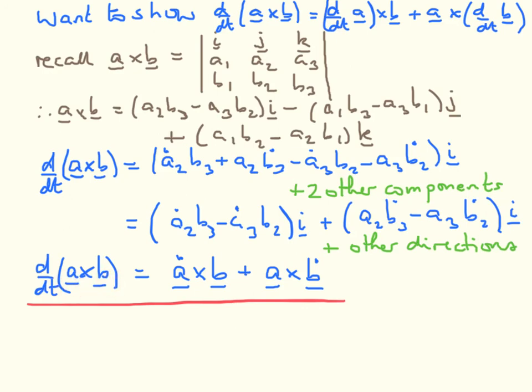This is the vector product A cross B, this is the derivative of A cross B, and this is A cross the derivative of B. You don't swap these around inside the cross product. Okay, so we've shown all three of the properties that we wanted to show,